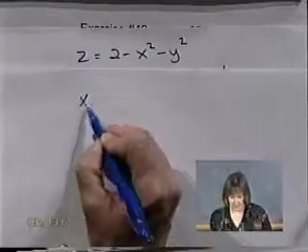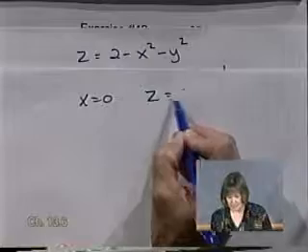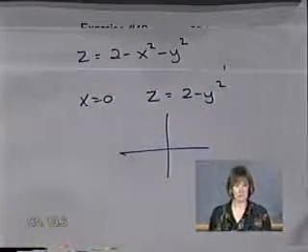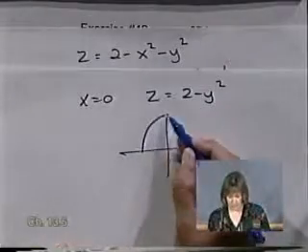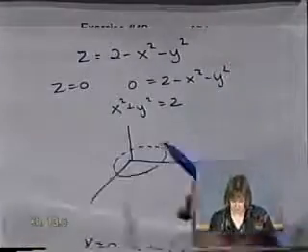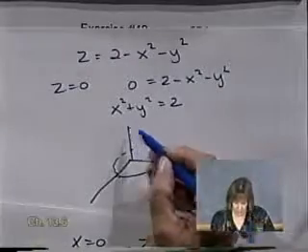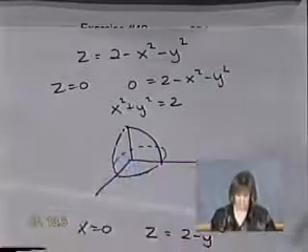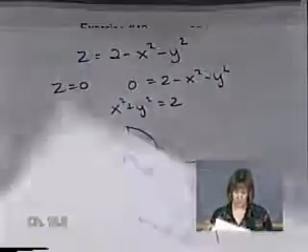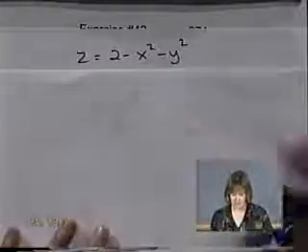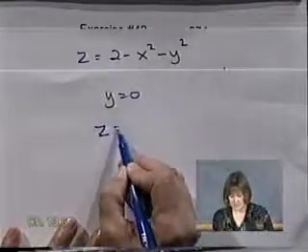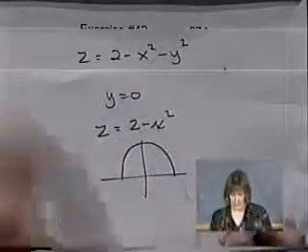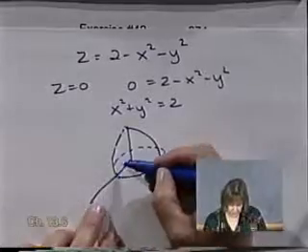What if I let x be 0? If I let x be 0, I get z equals 2 minus y squared. In the yz plane, what does that look like? It's a parabola that's a down z that's going up to 2, right? So in the yz plane, I'm getting this parabola that's coming down like this. Now let y be 0. If I let y be 0, I get z equals 2 minus x squared. Again, in 2D, that looks like that. So in here,